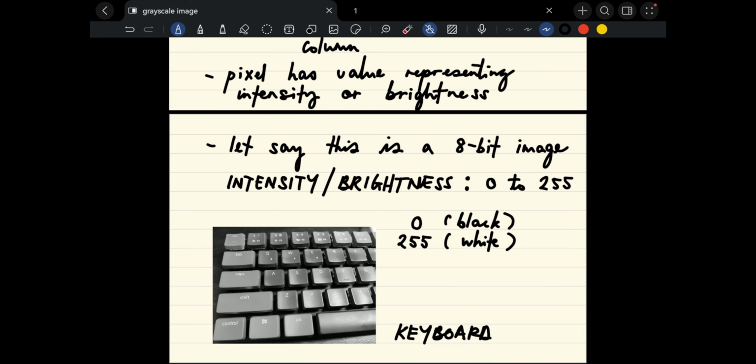So this example 8-bit grayscale image has 256 shades of gray.